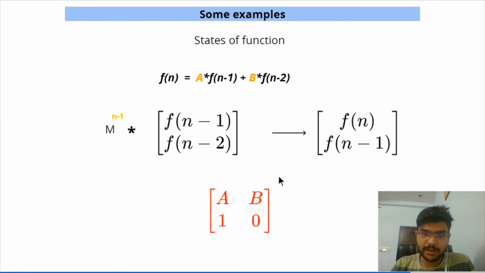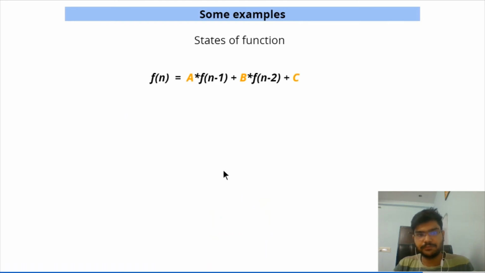Why? Because fn minus 2 is present in LHS, but in RHS there is no term related to fn minus 2. So d will be equal to 0 and c will be equal to 1, and we'll exponentiate it n minus 1 times, fill the base conditions, and find the answer of fn, right? So this is the given example for the equation, that is fn equals a into fn minus 1 plus b into fn minus 2. Let's take some more examples to understand.